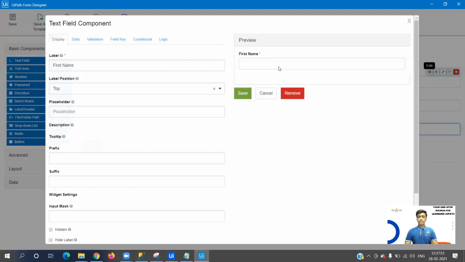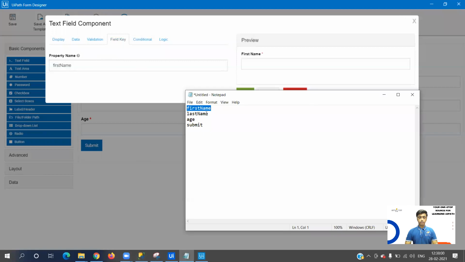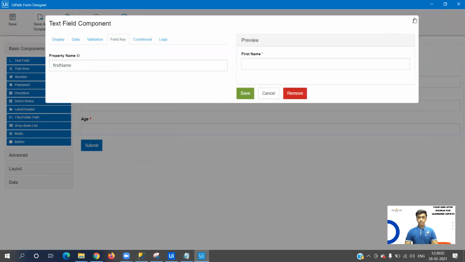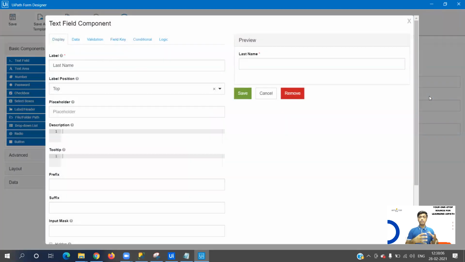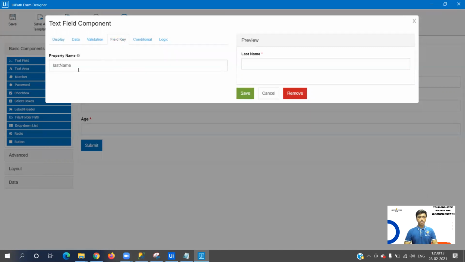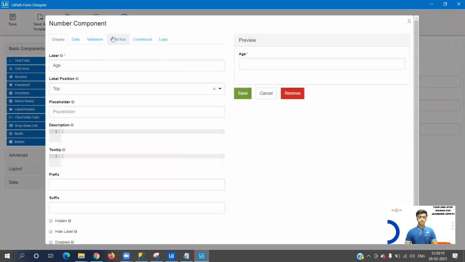So you need to save the field key of each of them. The field key of first name is first name, which I've already saved over here. Similarly, the field key is what allows us to access the data inserted into a UiPath form in our local variables. The field key of last name is last name.